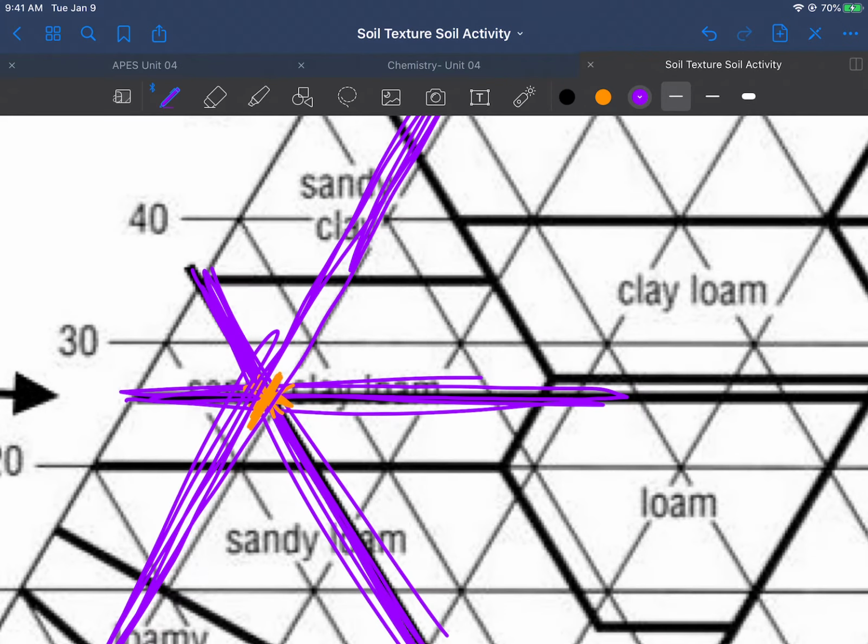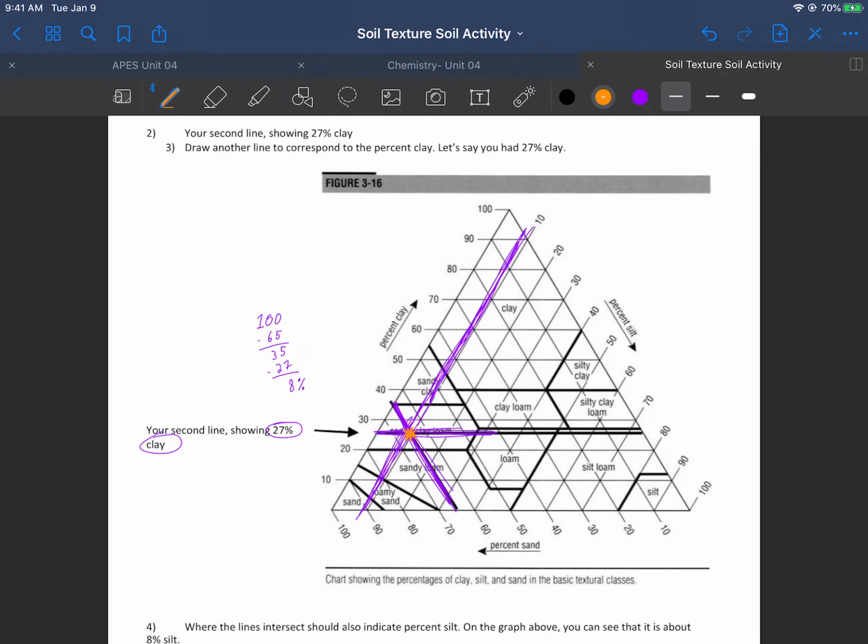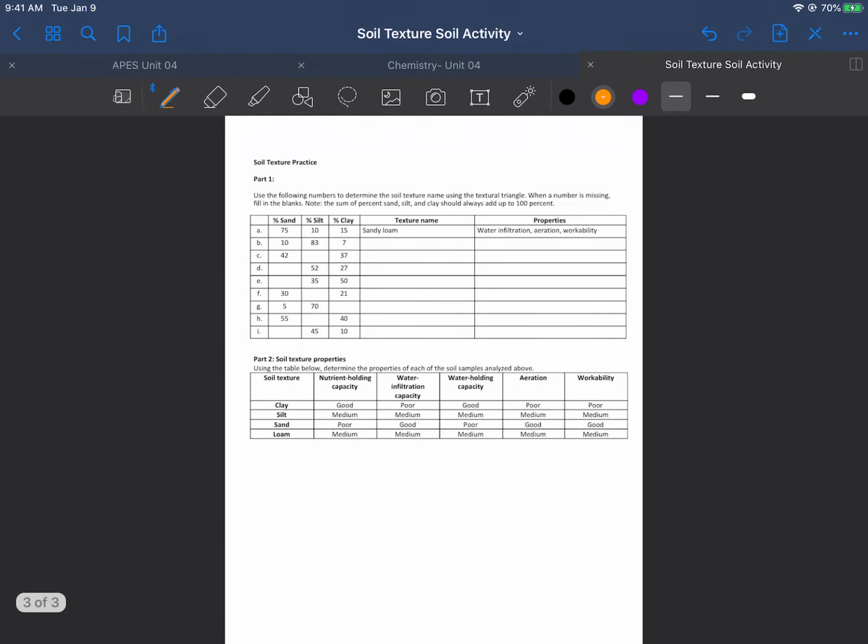Kind of like in math, how 2 points make a line, but 3 points proves it. That's what you can do here. One intersection of these two lines will show you where it is, but if you can get the third line to intersect at the same point, then you know you are correct. Our soil is sandy clay loam. So over here,